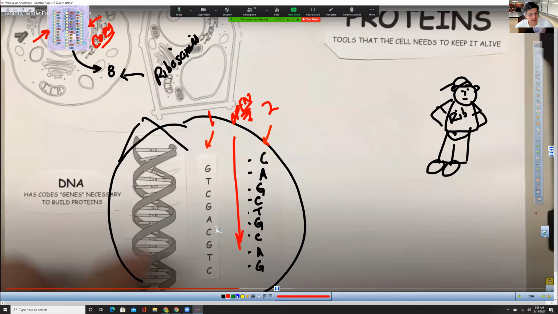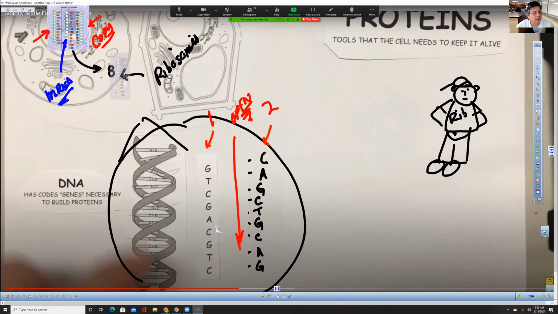What is this thing that we made called? This thing right here in the middle? What's it called? Chromosome. No. mRNA. mRNA, very good. This molecule that we just made, the mRNA, can go out of